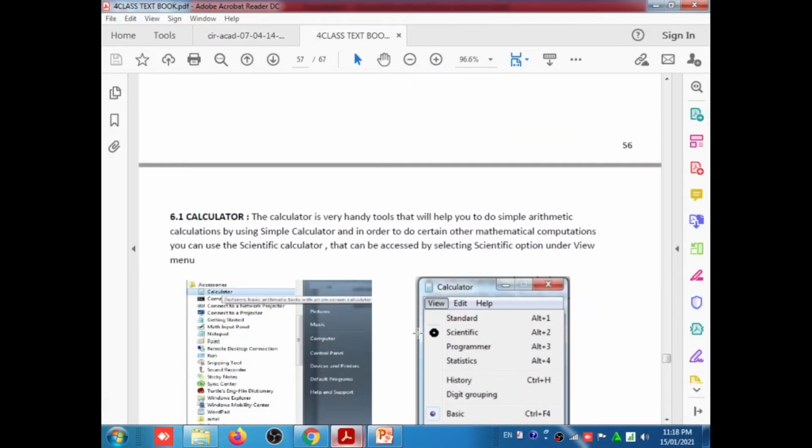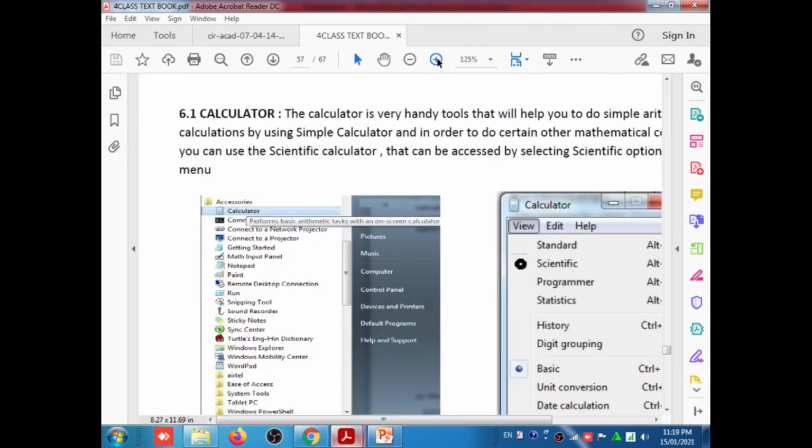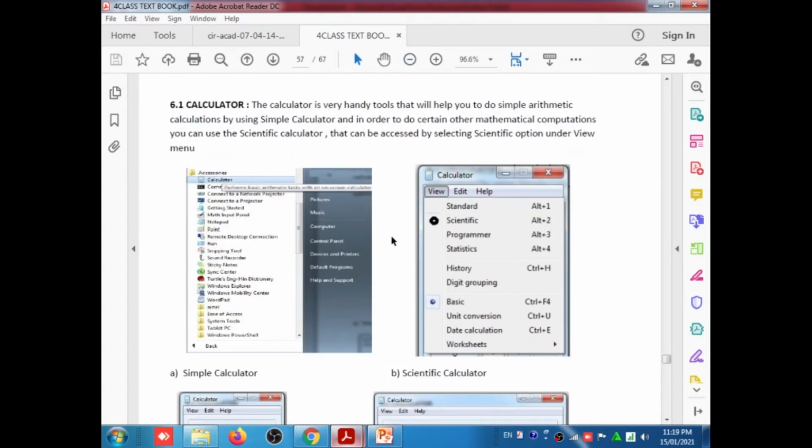So first, what is a calculator? If you observe the definition, the calculator is a very handy tool that will help you do simple arithmetic calculations.